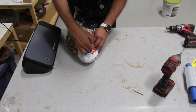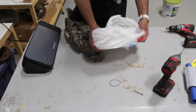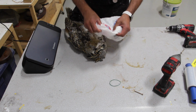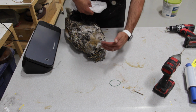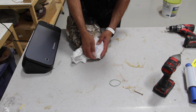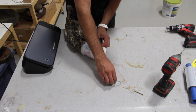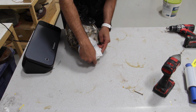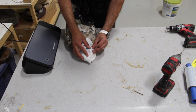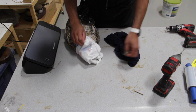No, this is not good. Let's see what we can do. I'm going to fold it up more. Okay. Because around here, I want to protect the beak and the face and everything like that. But more than anything, I don't want the beak to poke a hole into my vacuum pack. Now I can still feel it. I'm going to bring something else. Okay, I'm going to take the bag off again